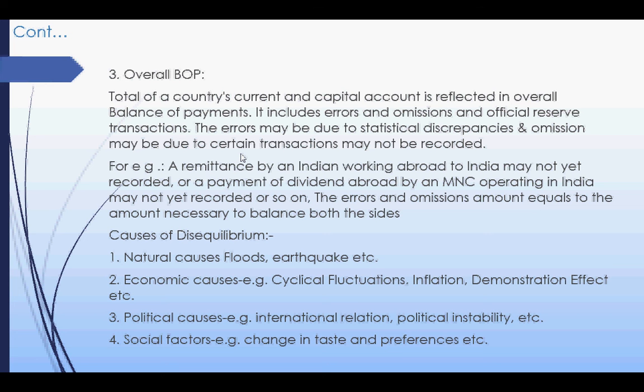And now let us understand what are the reasons for it. Why is the balance of payment in disequilibrium or deficit? There are a number of reasons, like natural causes such as floods and earthquakes. Due to these natural calamities, production is not happening in agriculture, industry, service or manufacturing, any sector. So that might be the reason. Due to these reasons, exports might decrease. Therefore, disequilibrium could be established in the balance of payment.